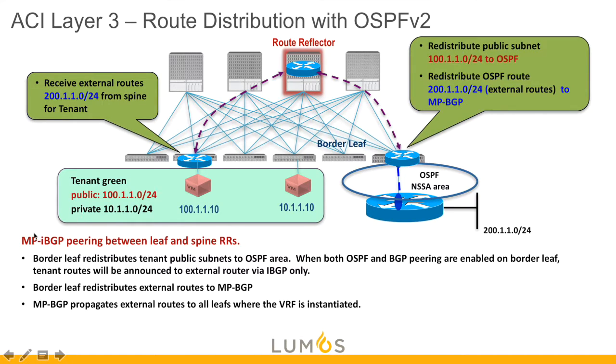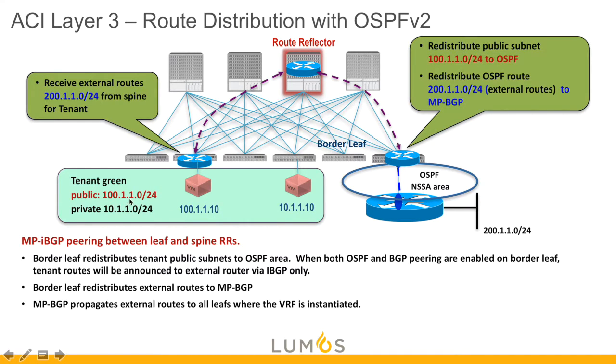So we're using MP-BGP peering between leaf and spines through route reflectors. For an example of how it goes back and forth, we take a look here. We've got a couple of virtual machines and a couple of different subnets. This is tenant green. We've got a public subnet,